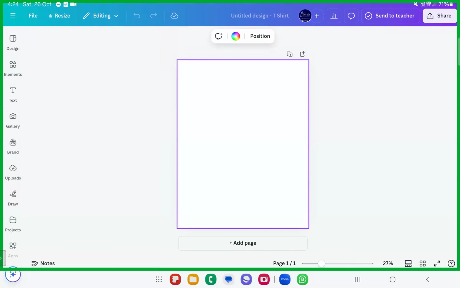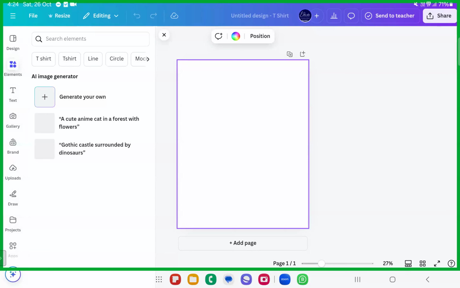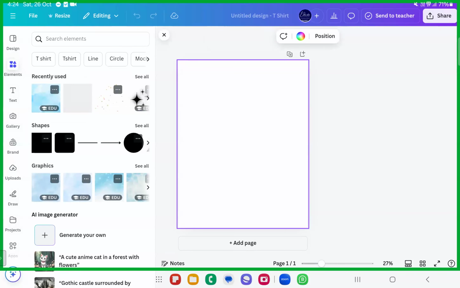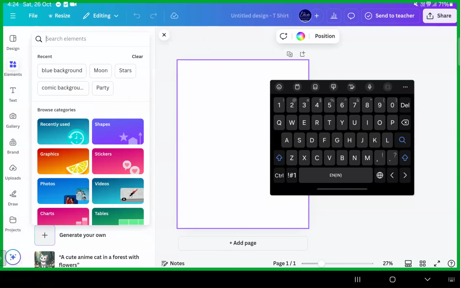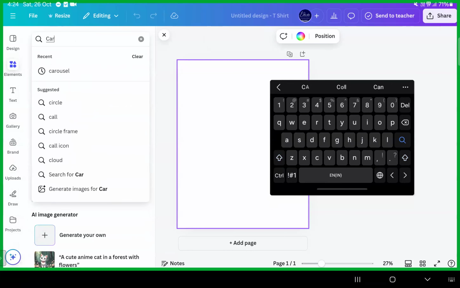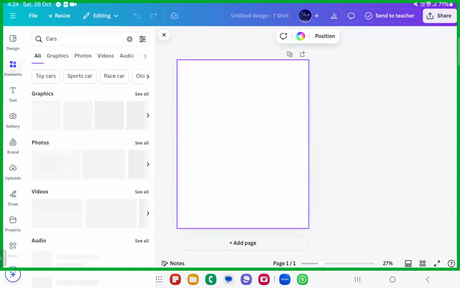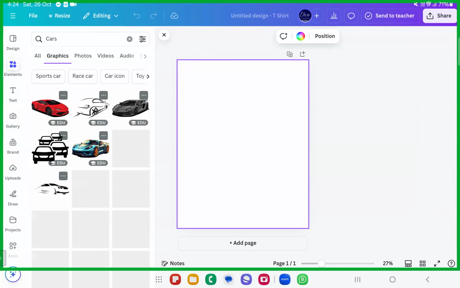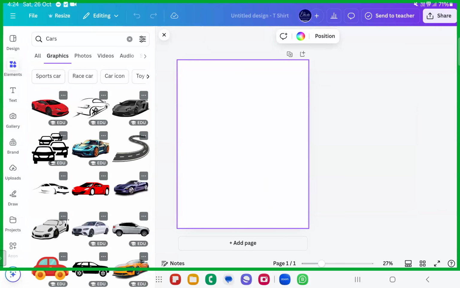Fine. So what I do, I just create some beautiful themed designs for them. For example, recently I created it for a kid who was very interested in cars. So we just added some cars feel, and then I created a simple t-shirt design. I just send it over to the designer.